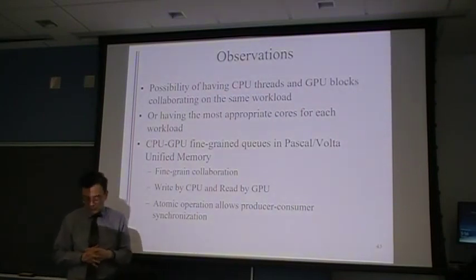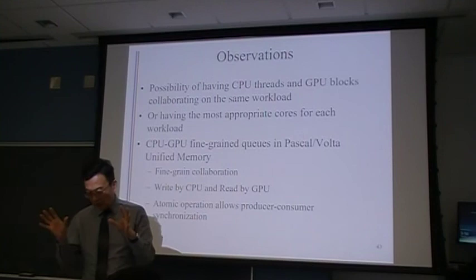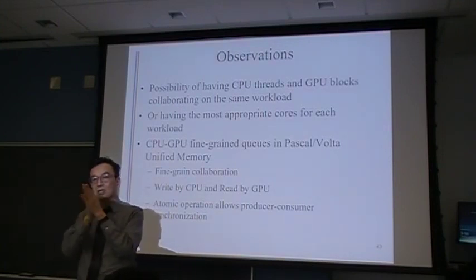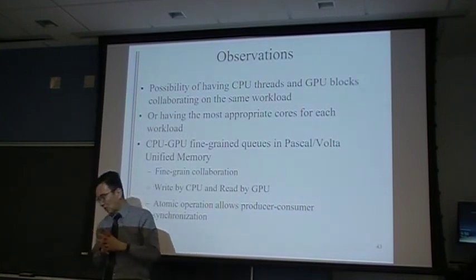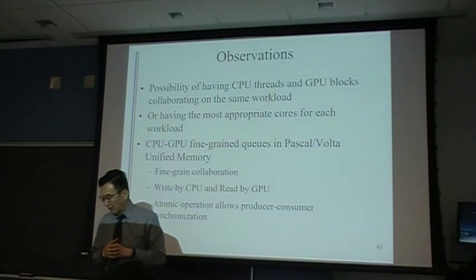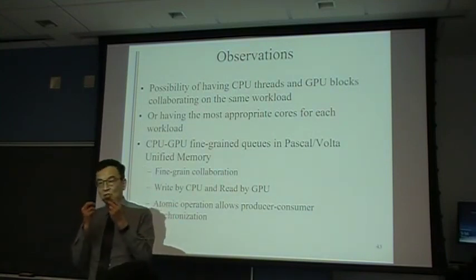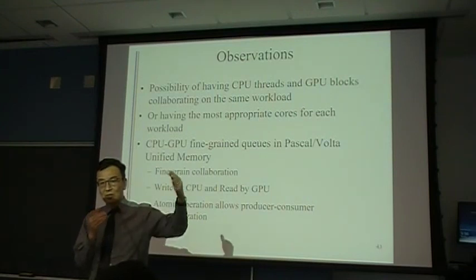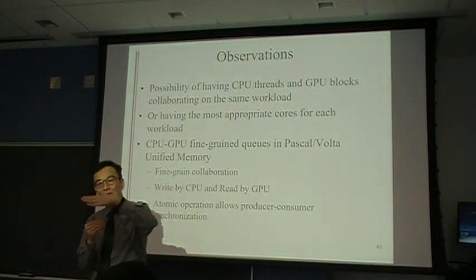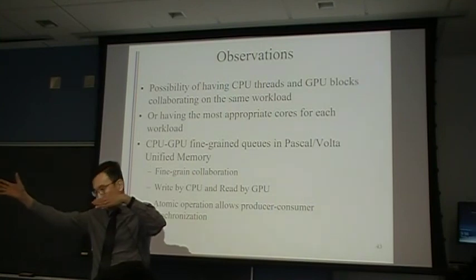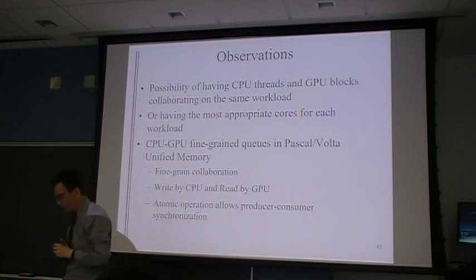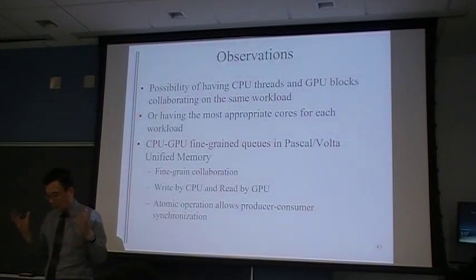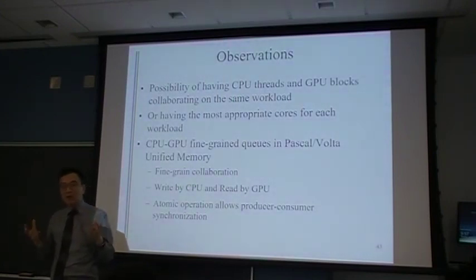Unfortunately, what it means is that every thread, after they finish the comparison and the contribution, generates some results, and then that result needs to be moved to the other side. And this is done through a fine-grained queue. These fine-grained queues will be inserted into from the source, and then consumed by the other device. And these things are implemented by atomic operations, what we call the system atomic operations,